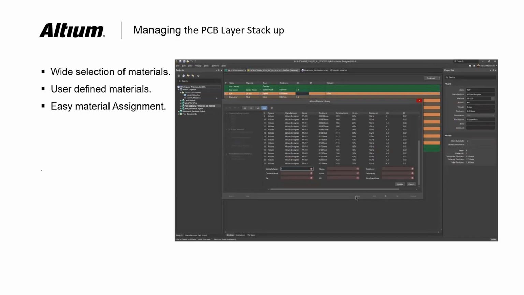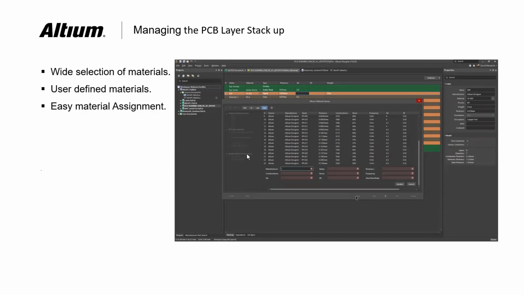The main purpose of this material library is that you will have a wide selection of materials, and they are all user defined materials. If you want a new material, you can go to Tools, Material Library. You will be able to see the different materials you're using inside here.